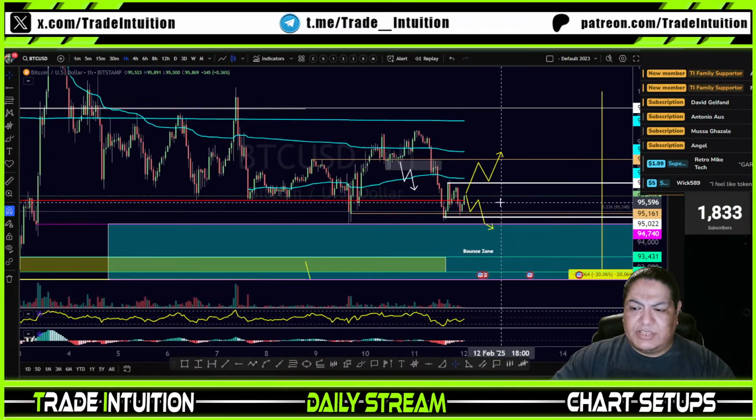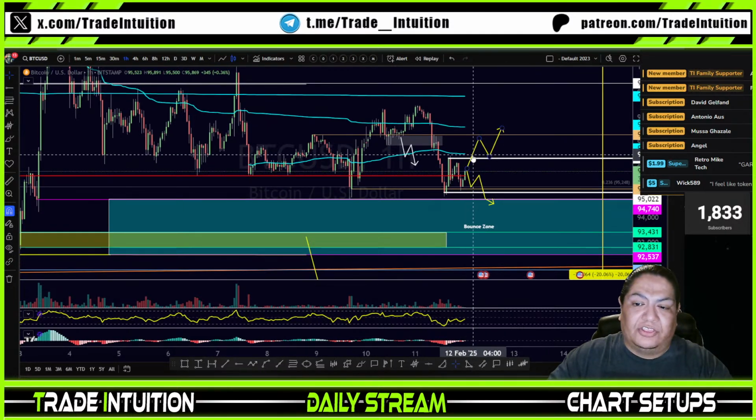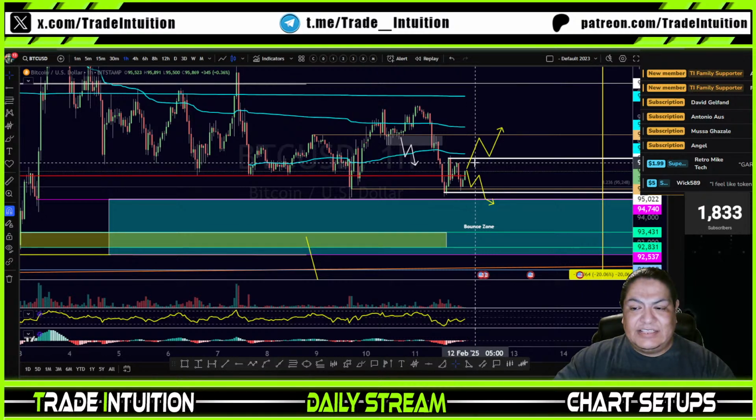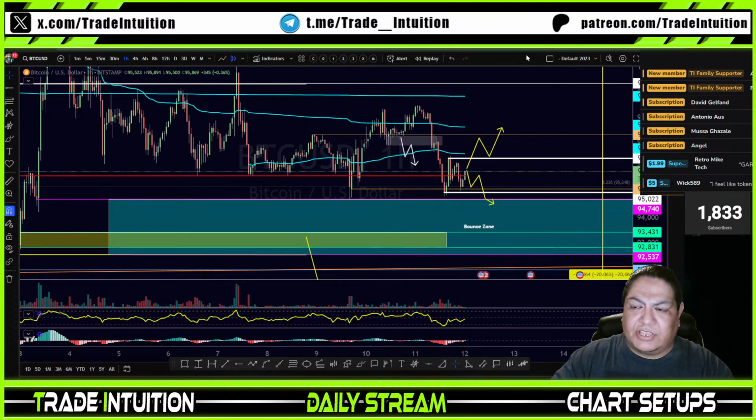Even though it's above it, I wouldn't take it, because it can easily come down. I would need for it to break. So literally on this one, I would need to wait at least 6 hours, maybe 8 hours for it to break up, come over here, come down, and then potentially start coming up. I could enter here and then add here. But let us look at